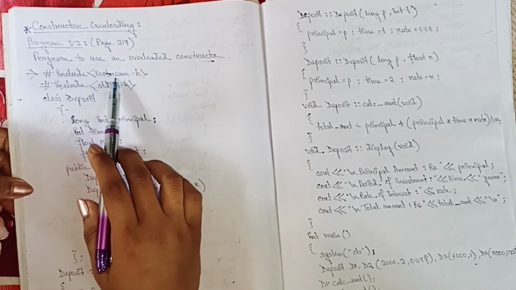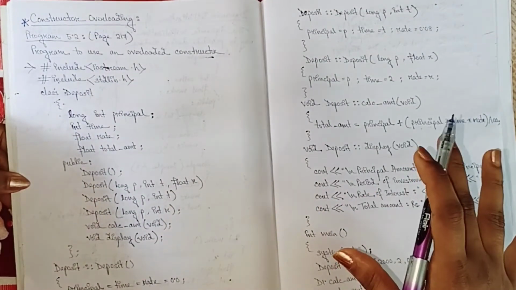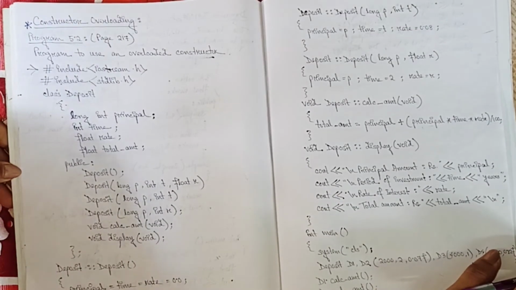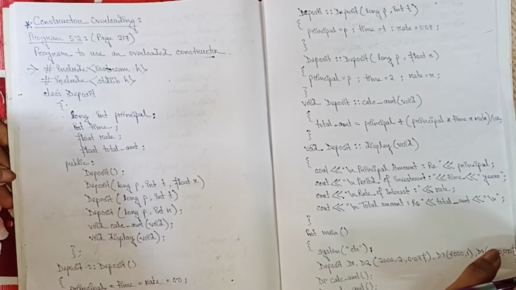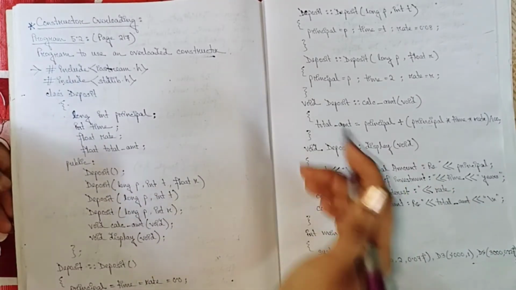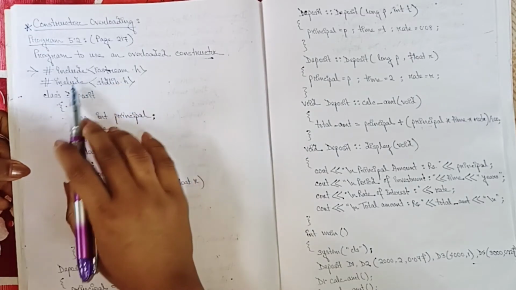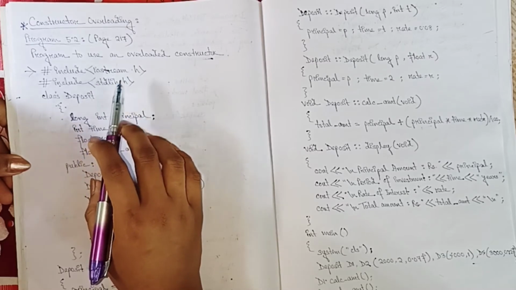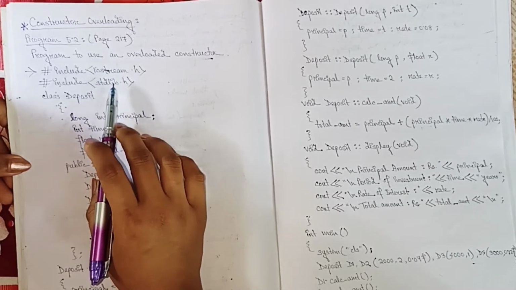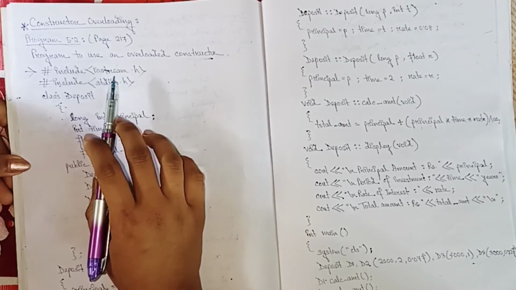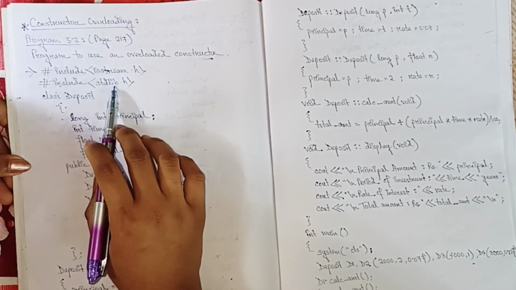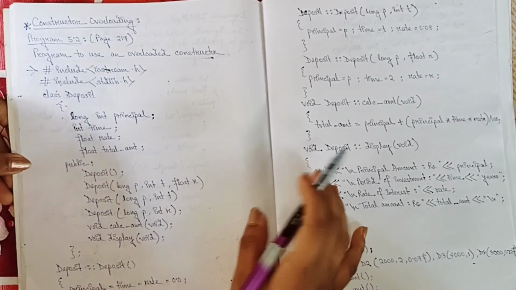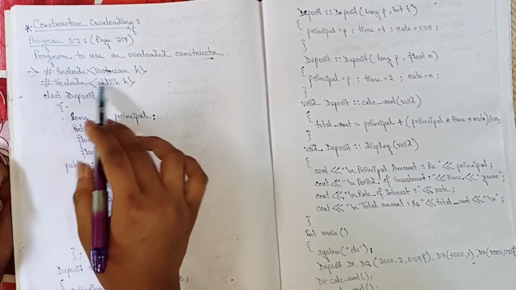So first we include the header file. It may look big, it may appear to be a very big and difficult program, but it is not difficult. It is very easy if you understand the concept. Then we are using stdlib.h. You can include this or not, because it is used for system CLS, which clears the screen. If you are using system CLS, then you can include this header file, and if you are not, you can ignore it.